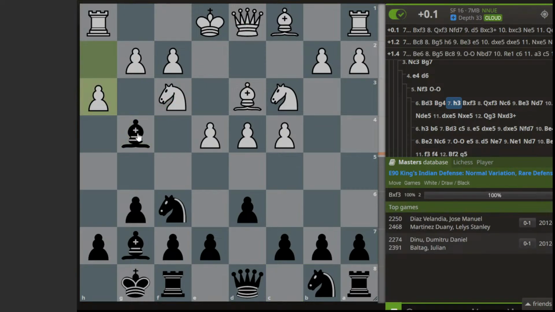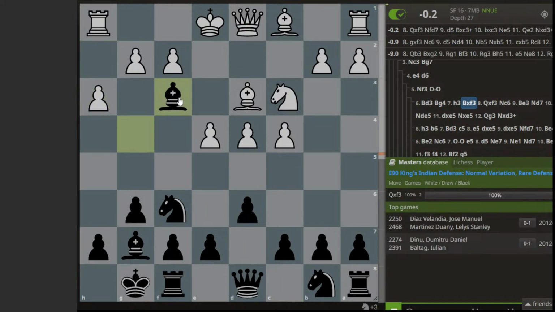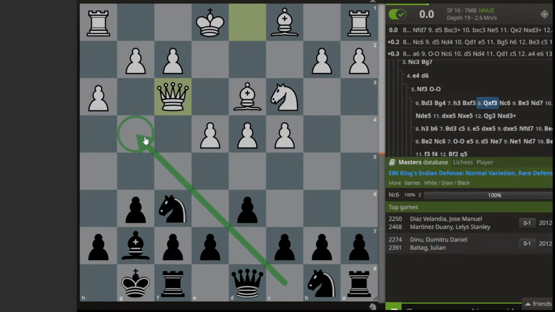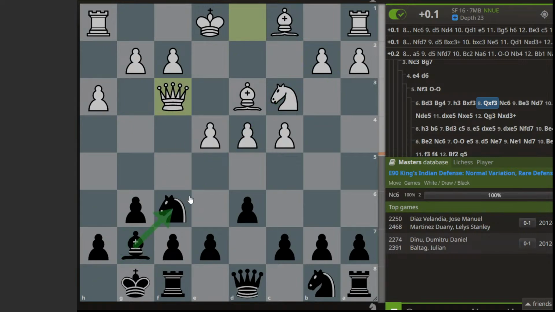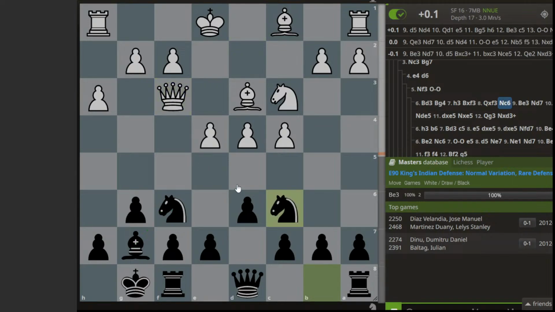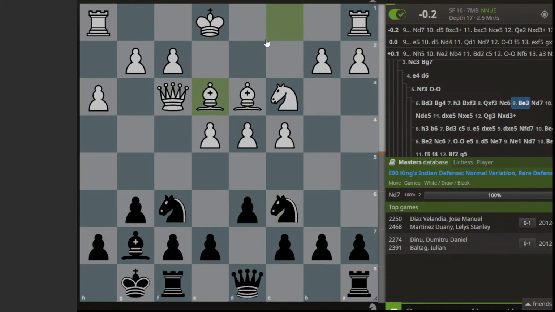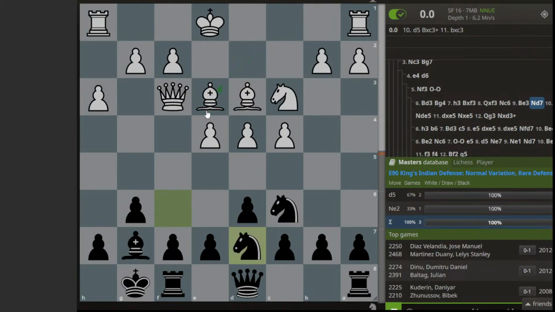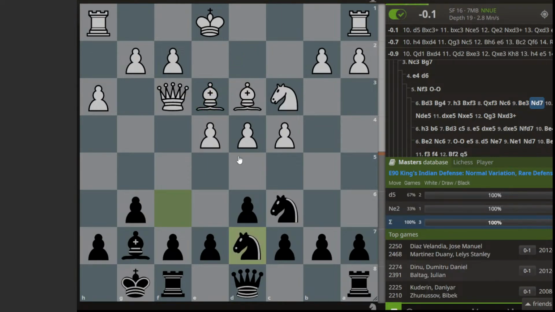So yeah, we simply just capture that knight. That is our idea, because in this King's Indian, that white light square bishop is not that good, because your main key role is this dark square bishop in King's Indian Defense. So now we have this knight c6 and bishop, yeah, when this bishop is on e3, then you can go for that trap. So after this we have this knight to d7,